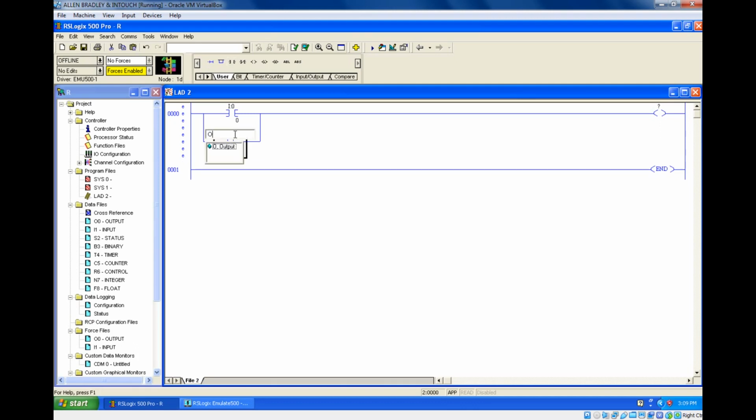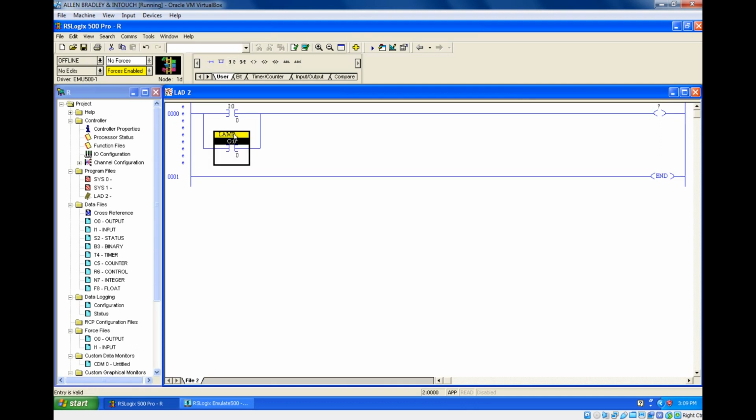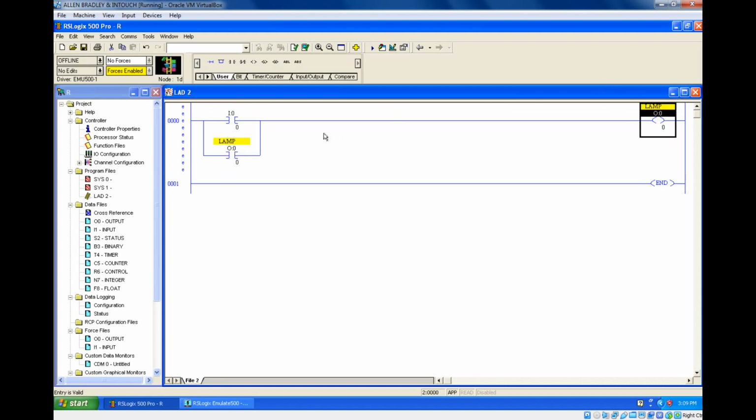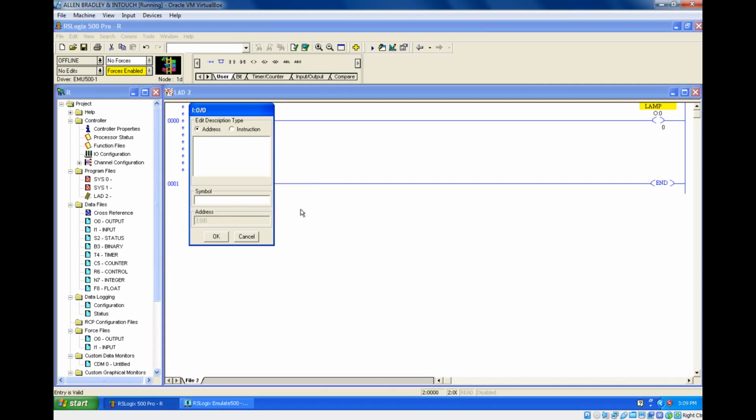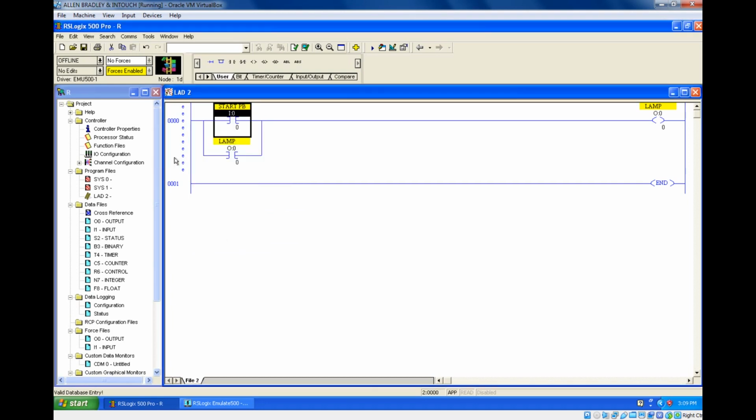This is going to be your output address, the same output will be here, and this is your input. Give the input instruction the name start PV push button. This is what we have done in latching.